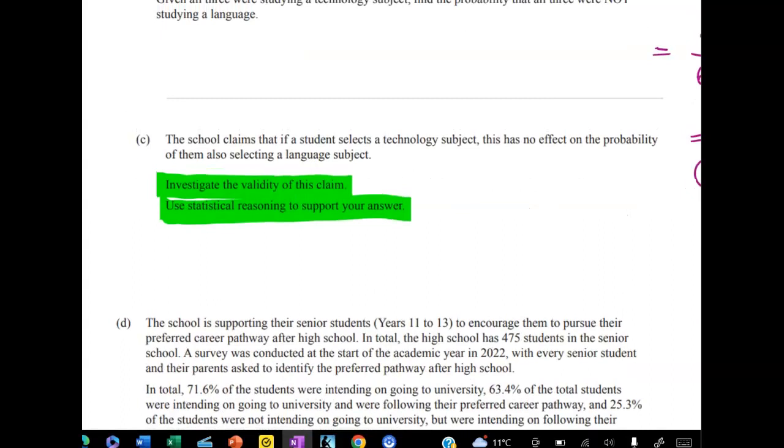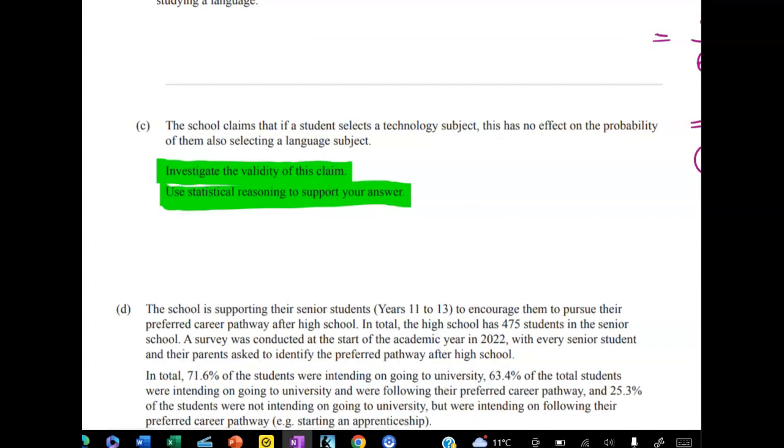Too late now. Okay, the school claims that if a Year 10 student selects a technology subject, this has no effect on the probability of them also selecting a language subject. So this should scream independence test at you, right? We have to investigate the validity of this claim and use statistical reasoning to support your answer. So I'm going to do this question in 2 different ways. We can either do a direct independence test, but the more intuitive way to do it is just to say,